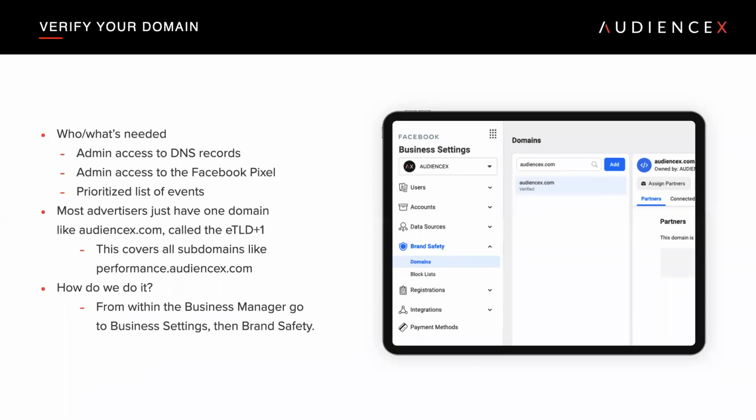So how do we do it? From within the Business Manager, as you can see on the right-hand side here, we have within the business settings a list of menu items on the left. All we need to do is go into Brand Safety, click on Domains, click the blue Add button to add your domain, type it in, and then follow the instructions that it provides.